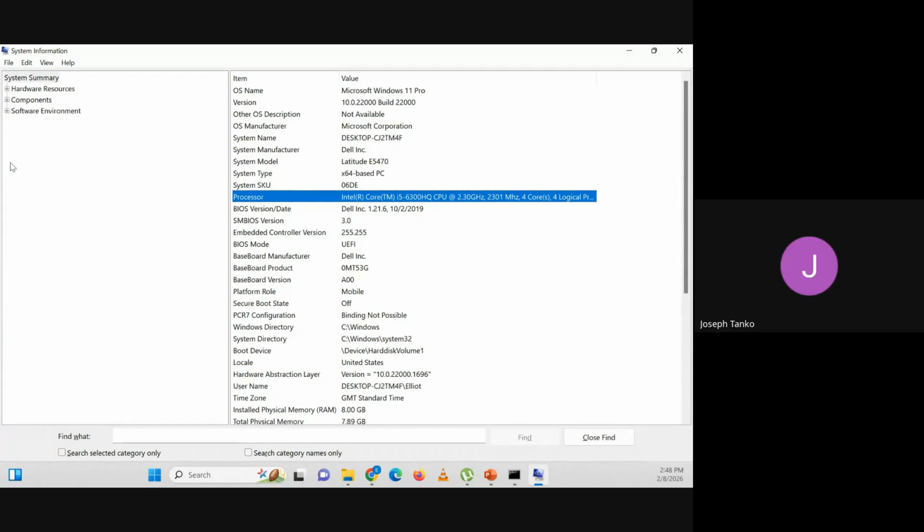After six cores, they've written 12 logical processes. No, after the i5, you see there is a hyphen. So after the i5, what do you have? The number that comes after that. Mine is